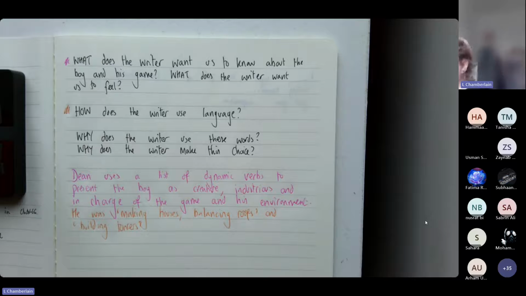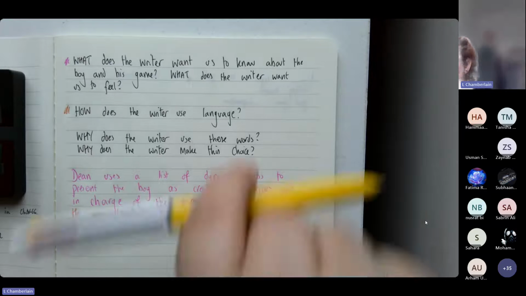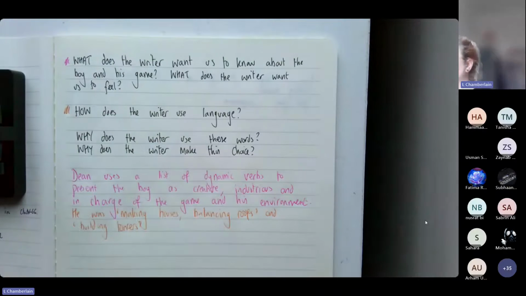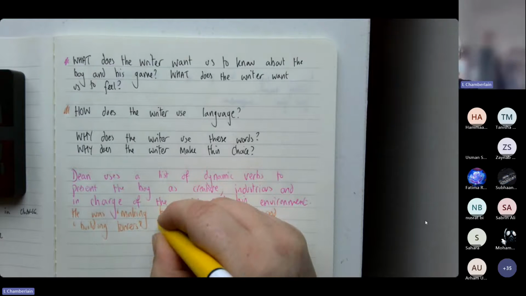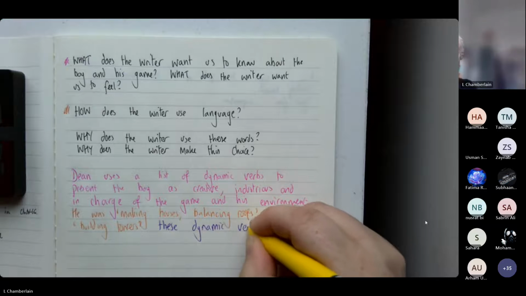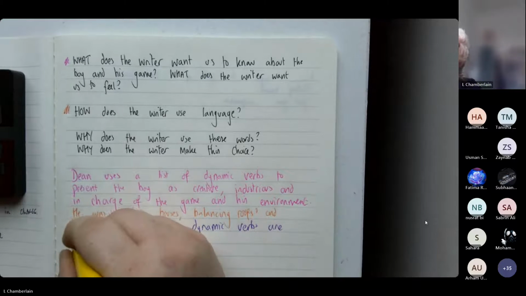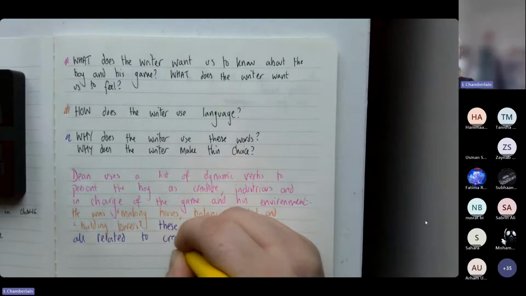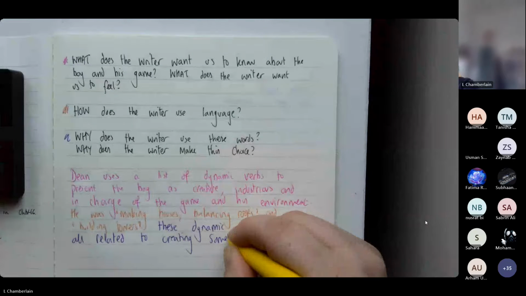So Dean uses a list of dynamic verbs to present the boy as creative, industrious, and in charge of the game and his environment. He was making houses, balancing roofs, and building towers. Now, the why is the big bit, okay? The why is where I need to very, very clearly explain why the writer has chosen those words. So I'm going to say these dynamic verbs are all related to creating something